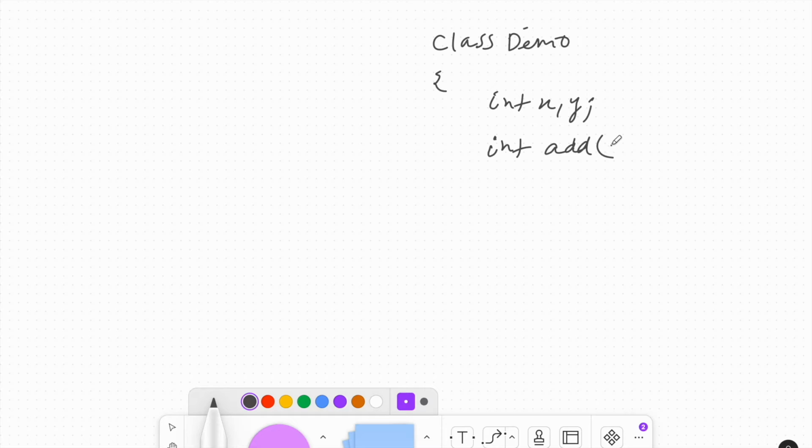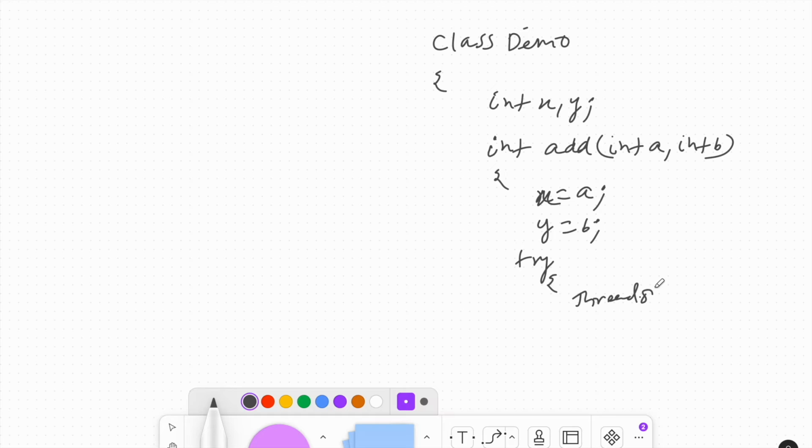It will take two arguments, int a, comma b. It will assign a into x and b into y, and then there will be a sleep method, Thread.sleep.